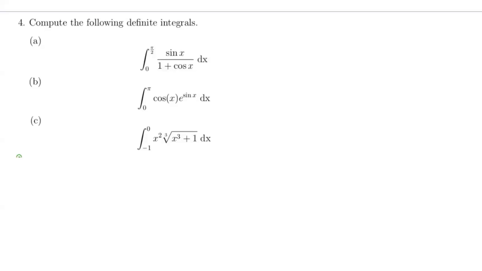All right, here's number 4. It was just a problem to give you a chance to show me that you know U substitution. These all require U substitution. And then there's other types of antiderivatives you can use. Okay, so here,